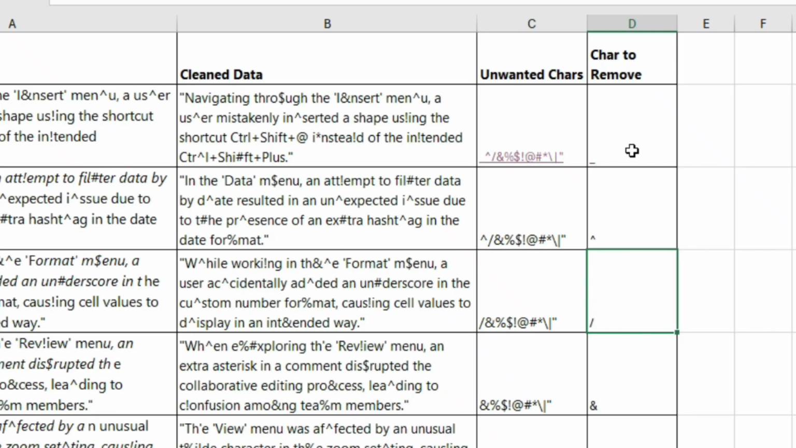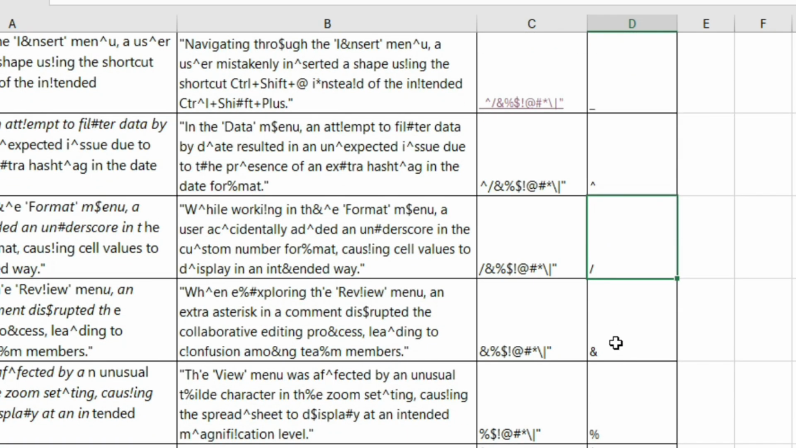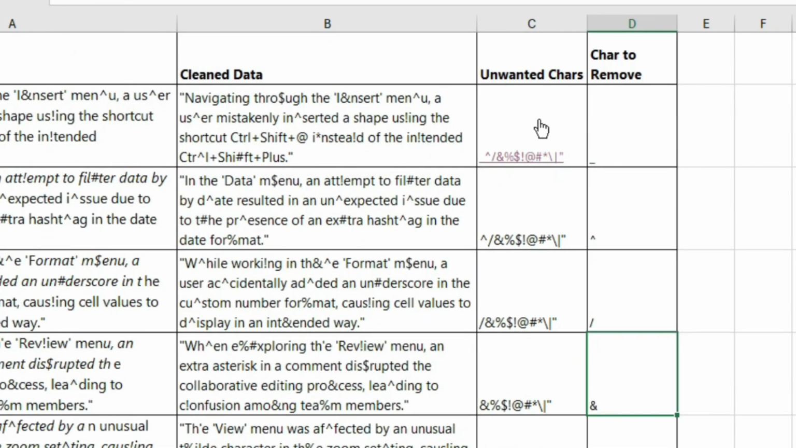In the first iteration, we are removing underscore. In the second iteration, we are removing this caret sign. In the third iteration, we are removing forward slash. In the fourth iteration, we are removing ampersand, so on and so forth. So this is how we will be using the recursive lambda function. All these functions, the substitute function, the left function, the right function, we'll be using all of these functions within